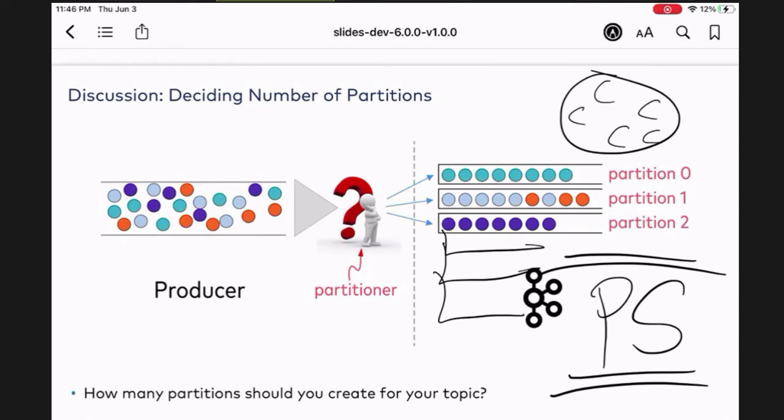So here's the thing now. You go back to work and say, hey, gang, we need to produce a new topic called payments topic. How many partitions should we create in this topic? And gang says 3. And this is where gang will say, well, let me think about it, right? And then you have to come back to the drawing board. And this is where we're about to show you this concept.